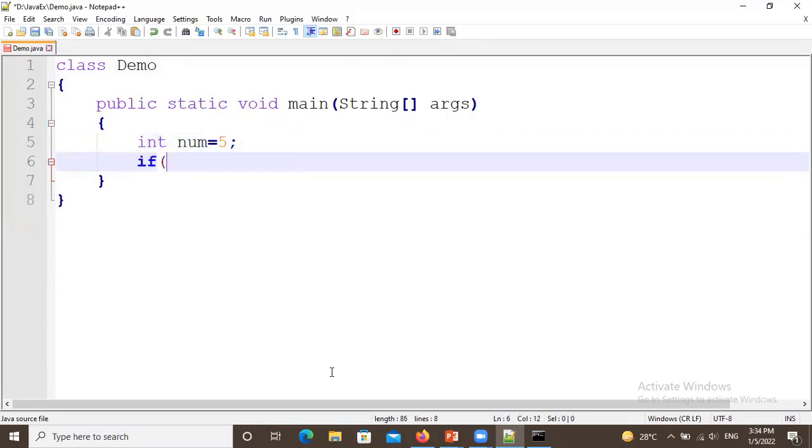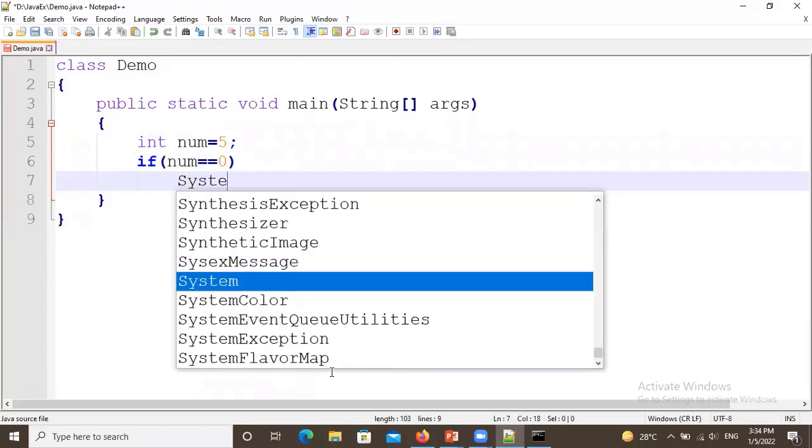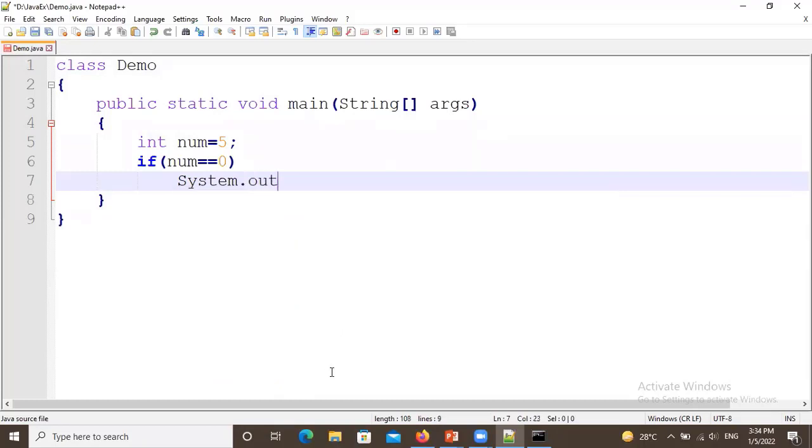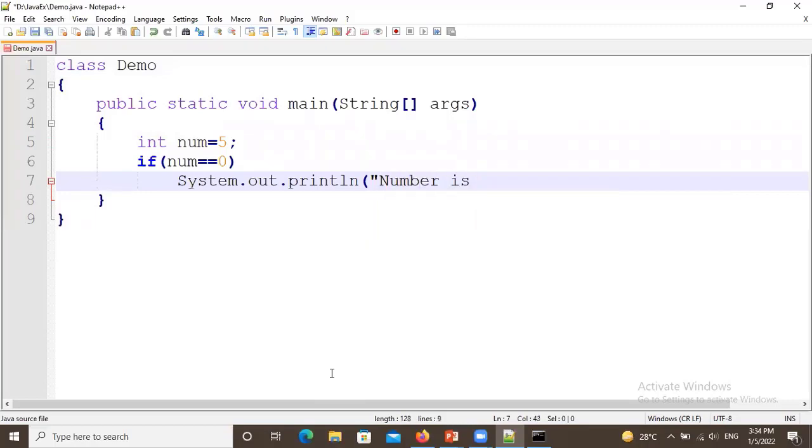So using if, we are going to check if number equals 0. If yes, I will print System.out.println the number is 0.